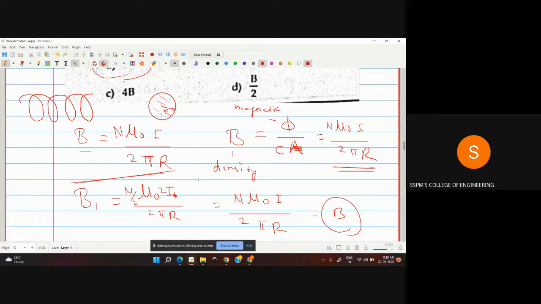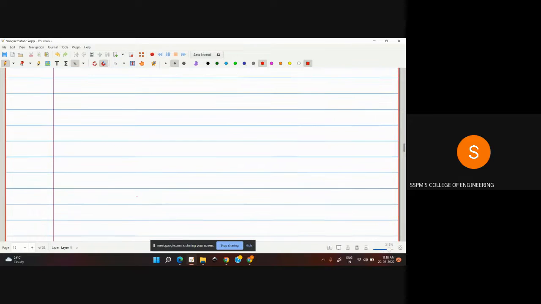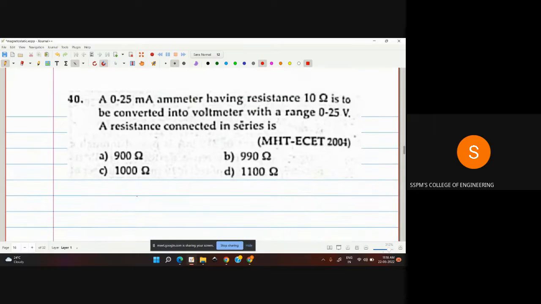मग एक्झाम्पल मध्ये काय दिलेलं आहे, करंट डबल केलेलं आहे आणि नंबर ऑफ टर्न्स काय केलेला आहे, 2 ने, म्हणजे फॅक्टर 1/2 ने कमी केलेलं आहे. त्यामुळे रेशो तुमचा सेमच राहणार. सो मॅग्नेटिक फ्लक्स इज नॉट चेंजिंग. नेक्स्ट एक्झाम्पल,